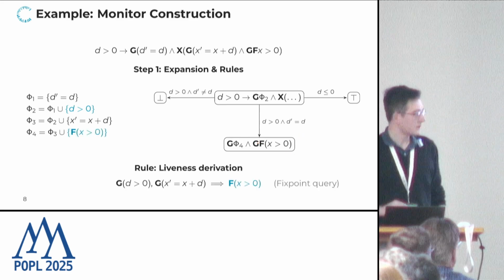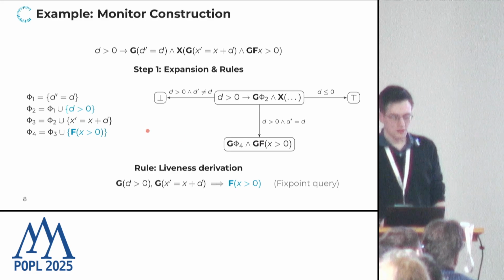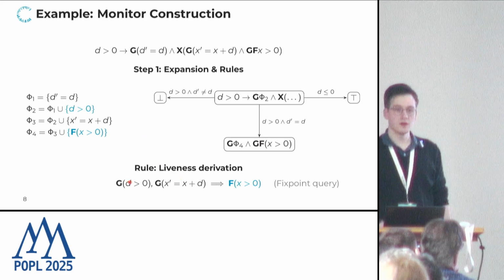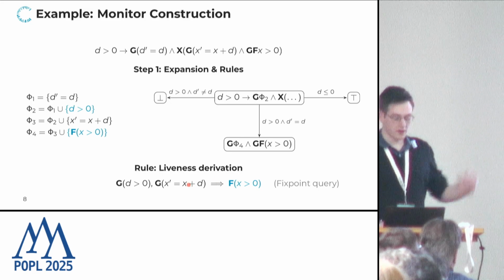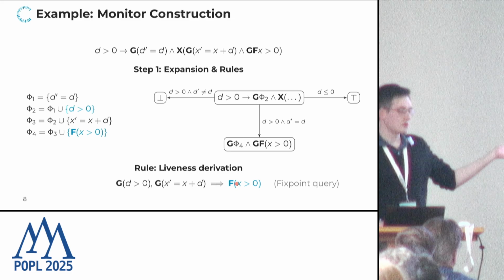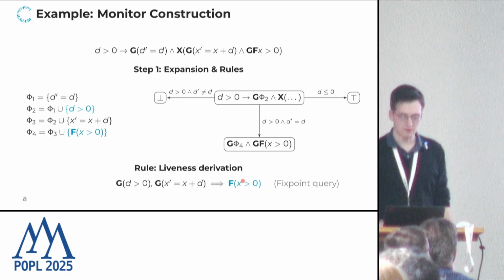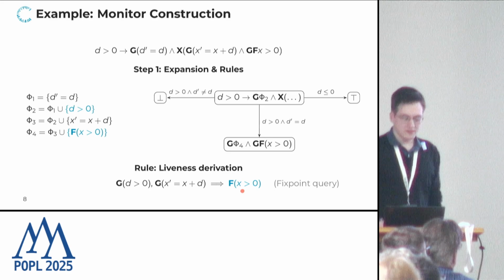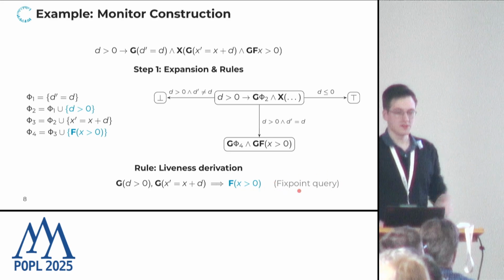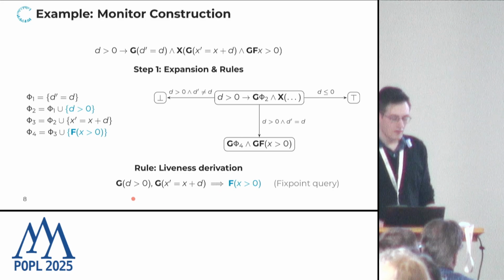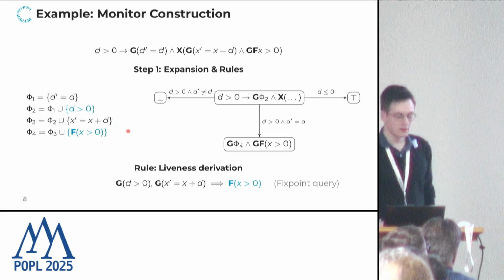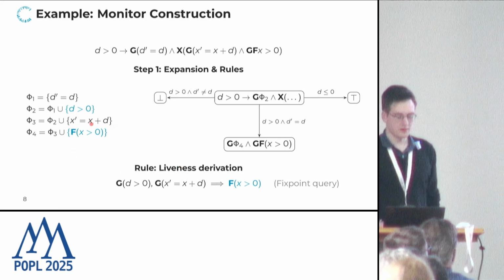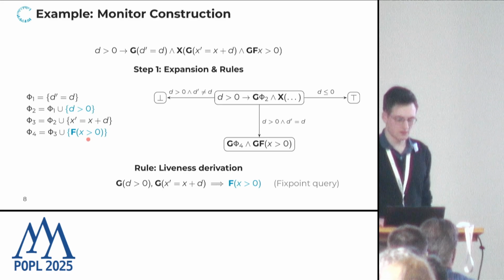Okay, now here we can apply a second rule. What you can see is, if d is greater than 0, and we always add d to x, right? So we always add at least 1. So we know that, similar to our previous example, at some point x will be greater than 0. And this is a bit more complex check. Now this is a fixed point computation, but with this we can derive that also from this point on, eventually x should be greater than 0.